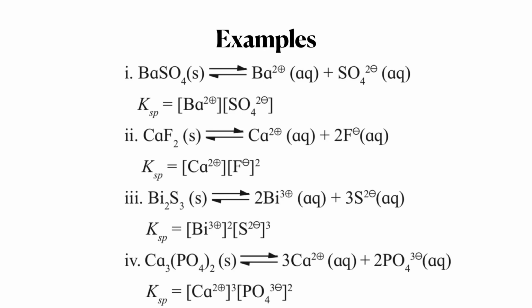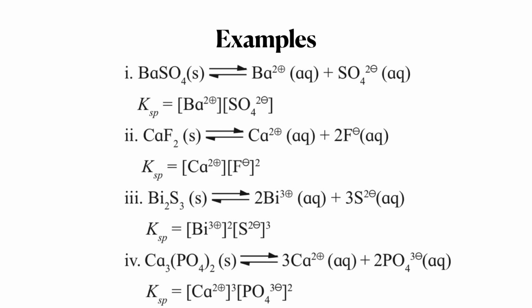You can work out many of the examples of sparingly soluble salt. If for example I say lead chloride. Now I know the charge of lead is Pb2 plus, and for Cl it is 1 minus. So the equation will be PbCl2 will dissociate into Pb2 plus and 2 molecules of Cl minus. Therefore the Ksp value for lead chloride will be equal to concentration of Pb2 plus into concentration of Cl minus raised to 2.